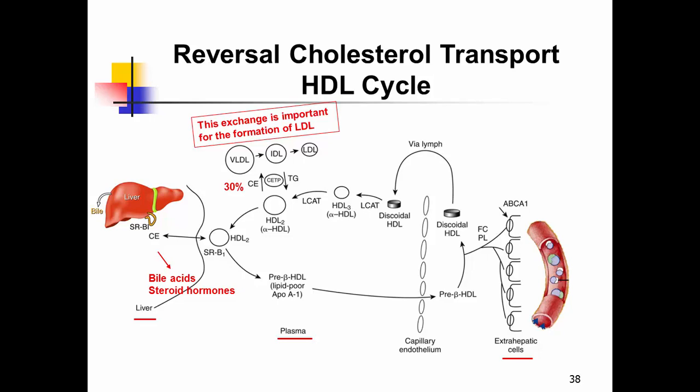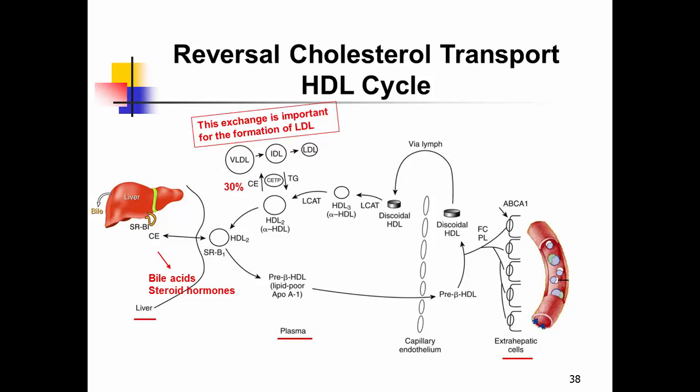Particularly, the cholesterol esters are transferred from alpha HDL to VLDL, IDL, or LDL, making the LDL more rich in cholesterol esters. And in the meantime, the triglyceride is transferred from these three lipoproteins into alpha HDL, right? So eventually the lipid core in the alpha HDL contains a majority of cholesterol ester, but also some triglyceride,